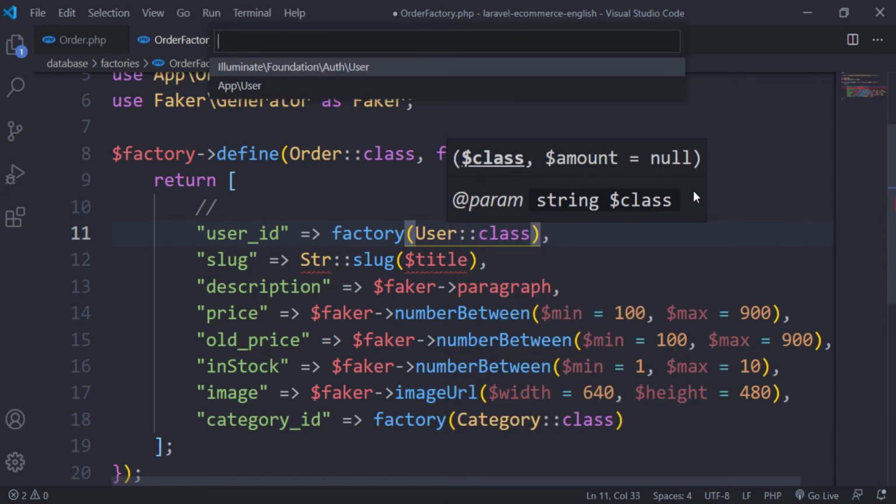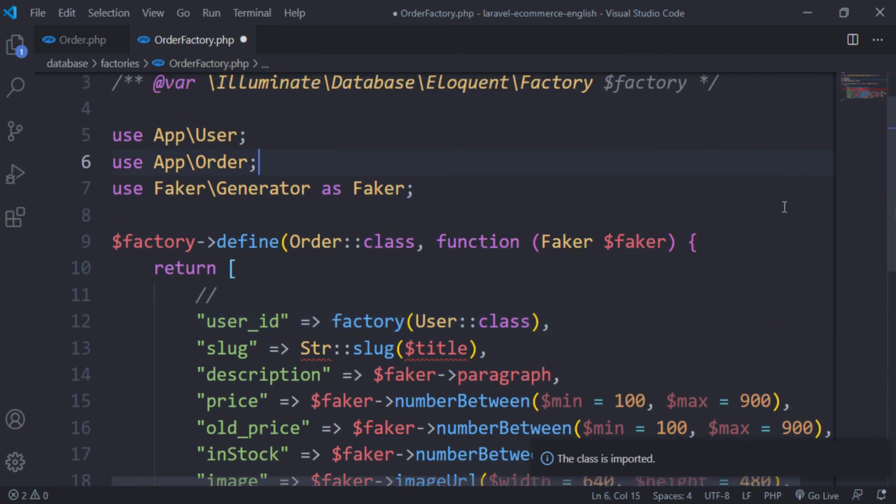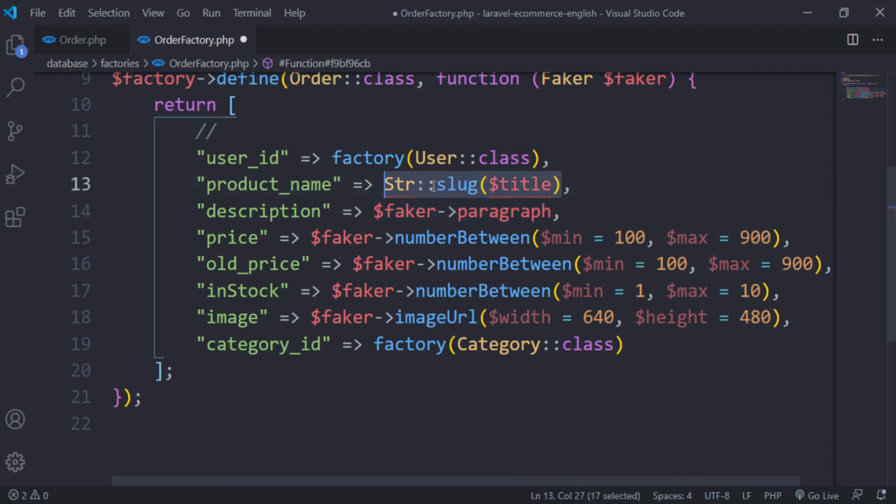Let's import this one, and here we will have the product's name. Can use faker word,